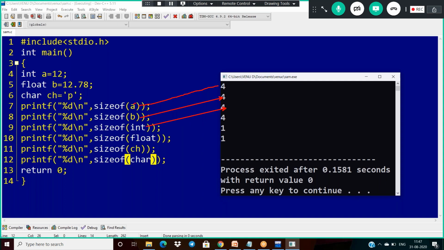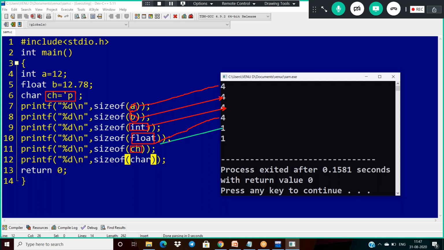Okay, and what about the third one here? In this scenario, a and b are variables. So sizeof is used to find the size of a variable also, the size of an operand, and for the integer data type also it can find here. Size of float, float size is also 4. Okay, no problem. And what about ch? Ch is the character constant. So what is the size of character? 1 byte.